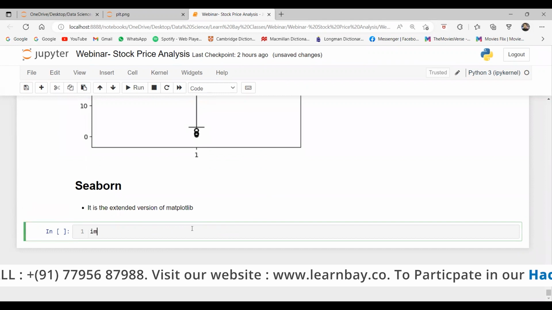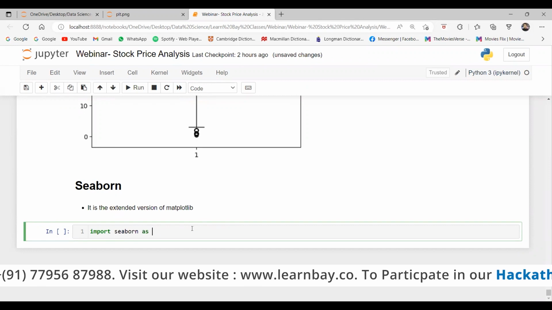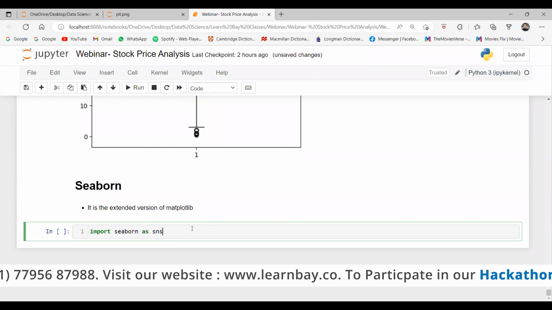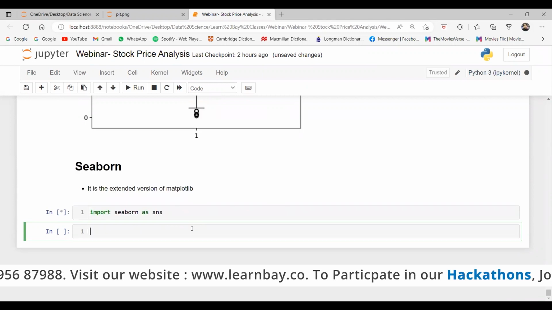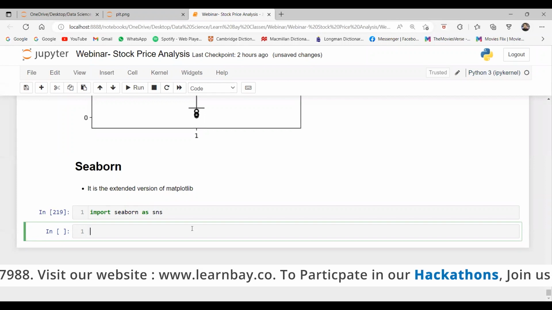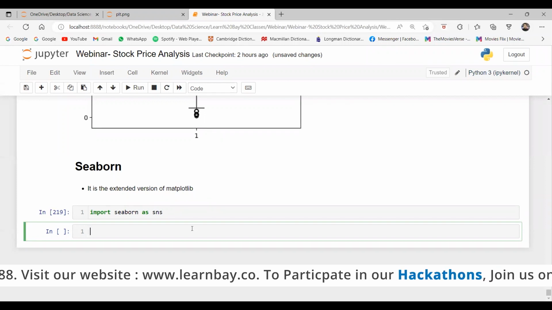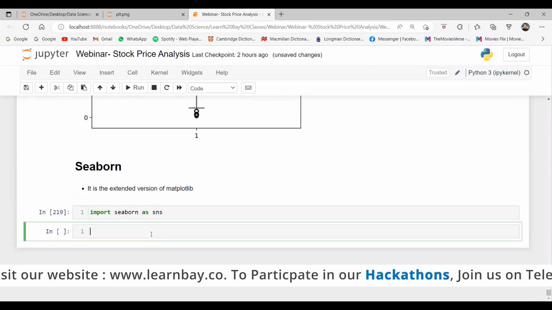So if we import Seaborn, we import like this, import seaborn, that's it. And we can say as sns. I mean, we have just given a name so that we don't have to write Seaborn again and again. Fine. So we can do like that. Understood? So if I want to plot the scatter plot and box plot in Seaborn,